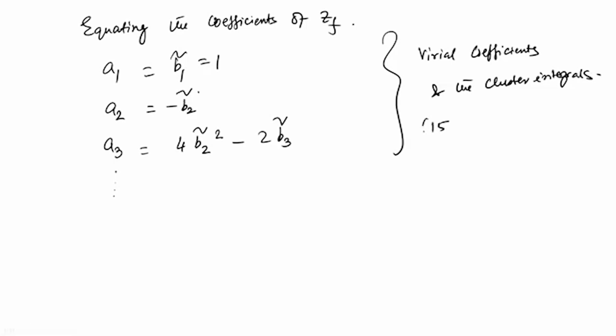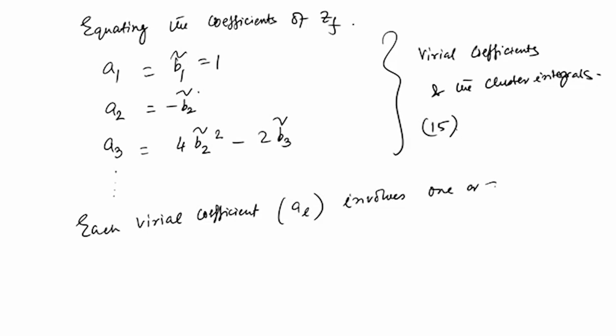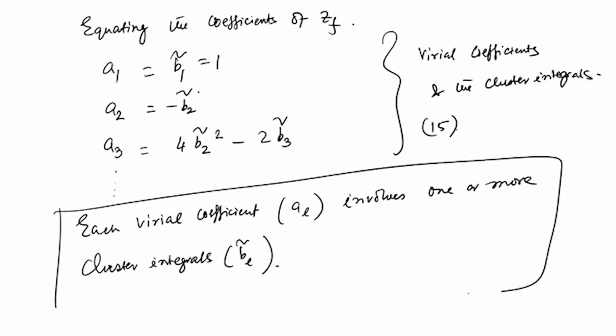So, let us call this equation 15. So, each virial coefficient, which is AL, involves one or more cluster integrals, which are BL tilde. Okay. So, this is the outcome of all this discussion, and let us now calculate the virial coefficients for at least